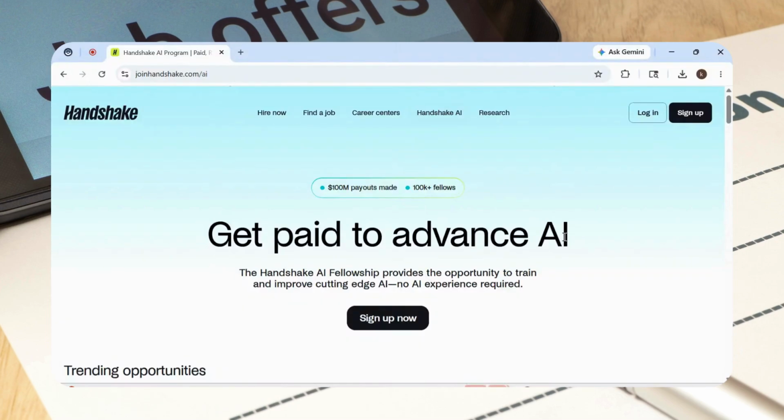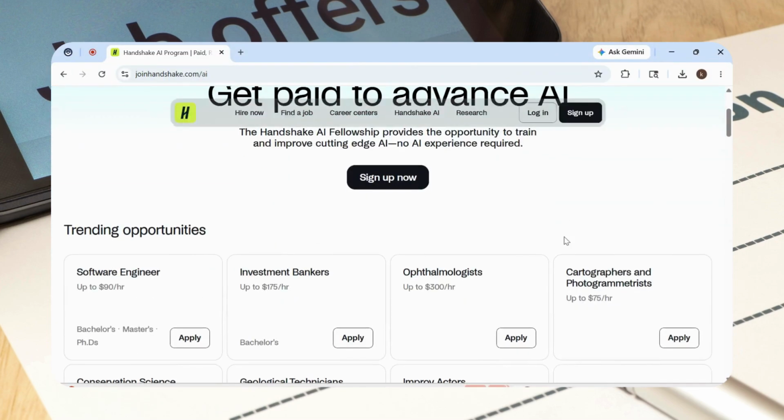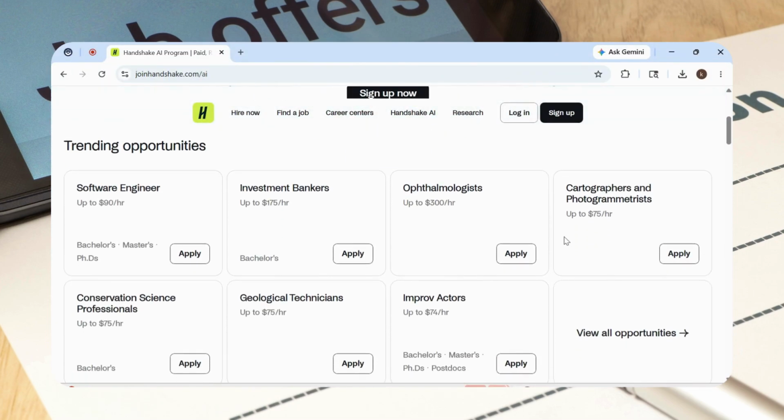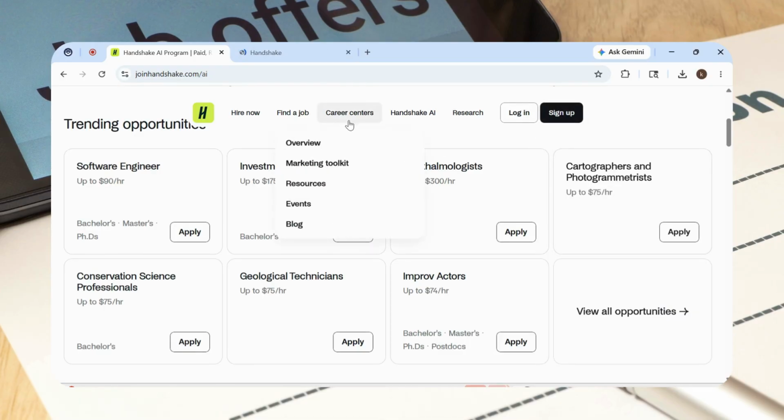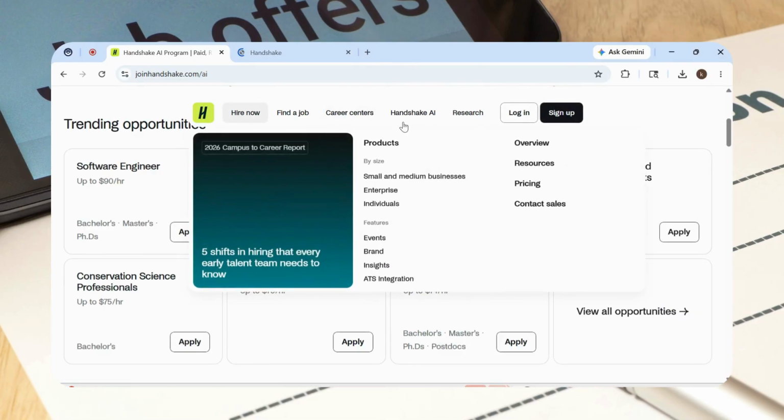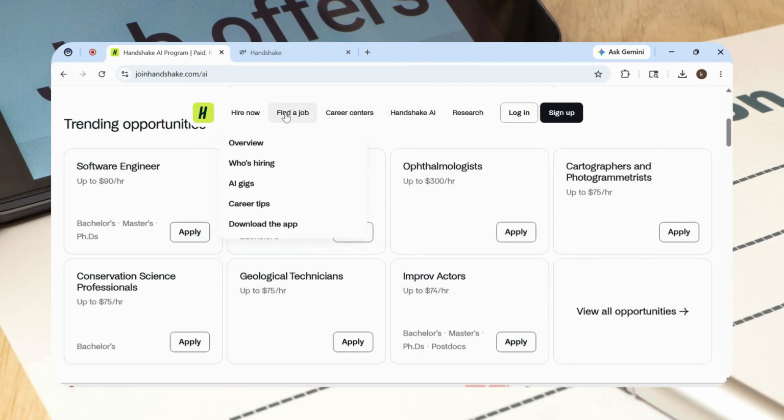How to use Handshake AI in less than 3 minutes. Today I'm going to show you in this step-by-step guide how to set up your account, complete your profile, and start finding AI-related opportunities quickly even if you have no experience. If you want to explore flexible online work or AI projects without spending hours learning complicated systems, this process only